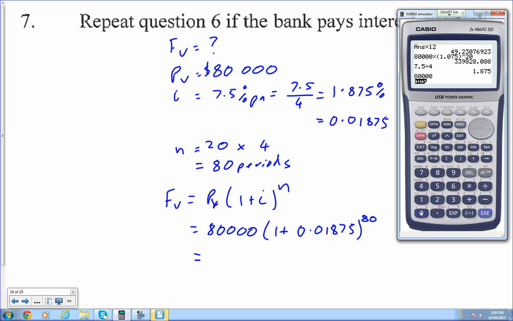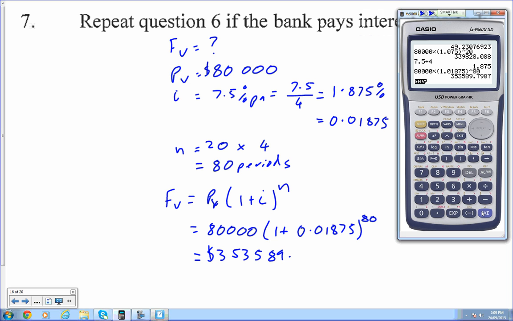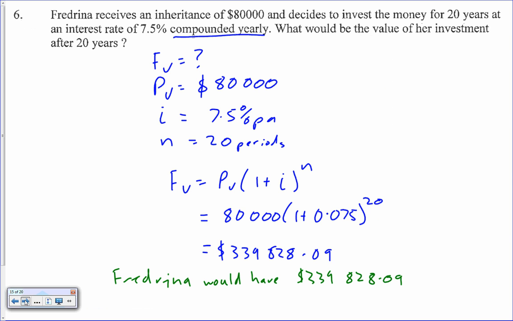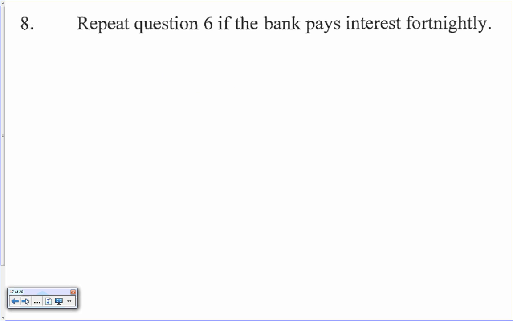80, 1, 2, 3, times by bracket 1.01875, bracket all to the 80, equals $353,589.80. So obviously it's going to be slightly more than the previous answer, which was only 339. So now it's 353. So if we repeat the same again, except paid fortnightly, so future value equals question mark,